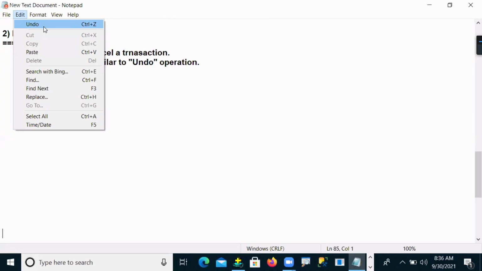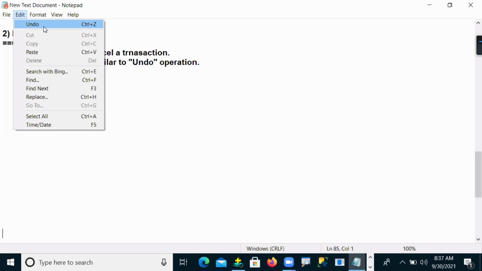Undo means we will get back the previous position.